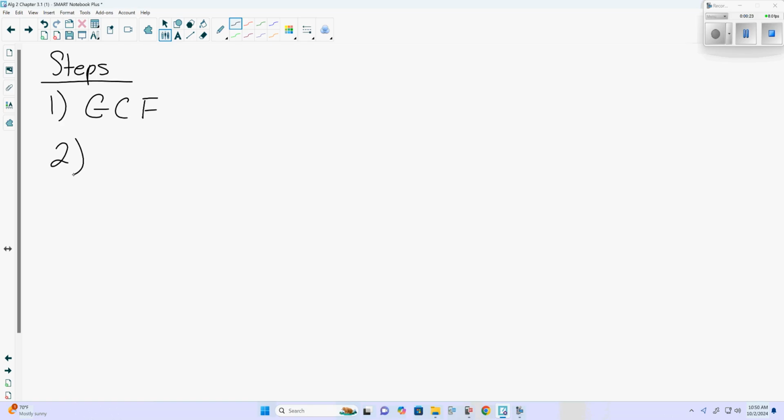Something that is in common with all three terms, something we can factor out. Not every single expression, our quadratics, will have a greatest common factor, but if it does, we will need to factor it out. Our second step is we're going to have two sets of parentheses